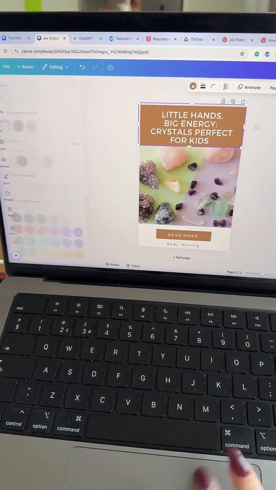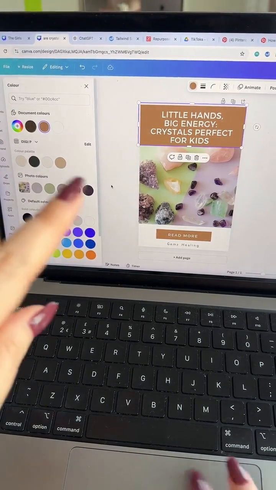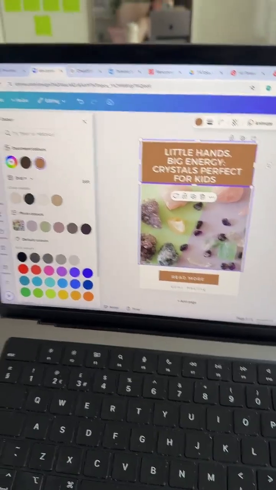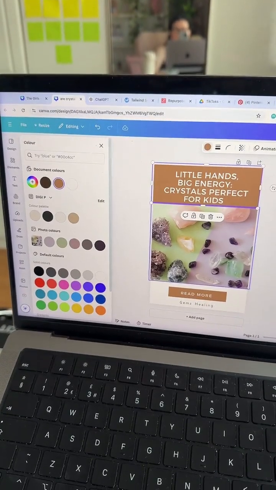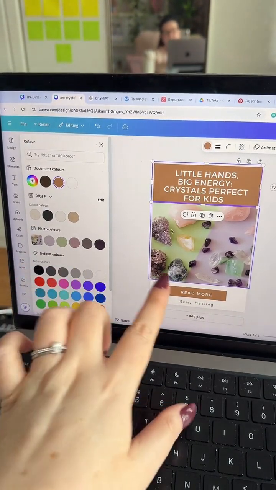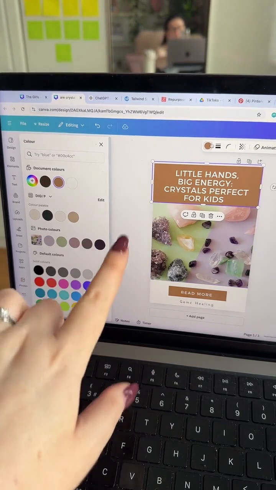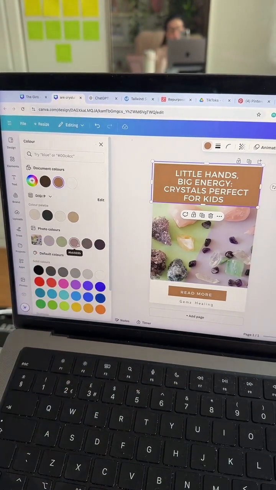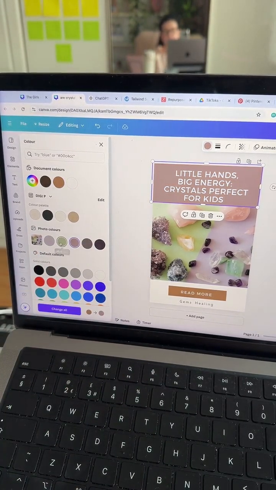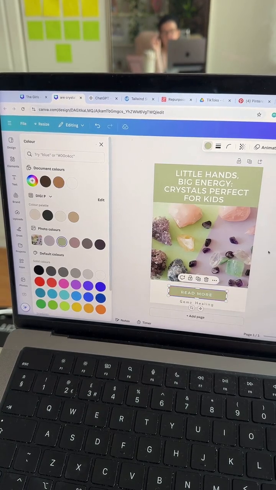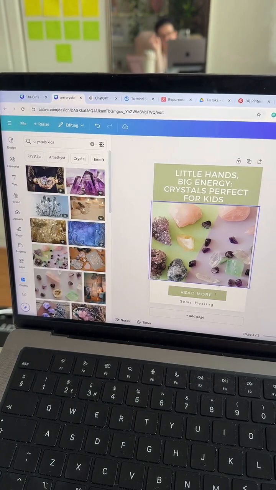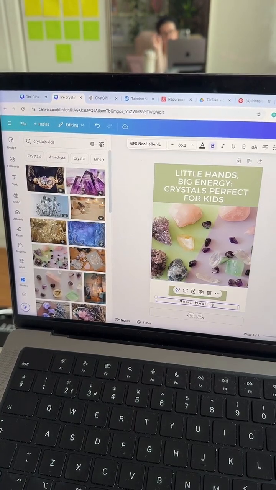Let's make the colours a bit more reflective of the image. So again, like I showed you before, if you click the colour that you want to change and go over here, it will always show you the photo colours, the colours that go with the photos. Make that a little bit bold.